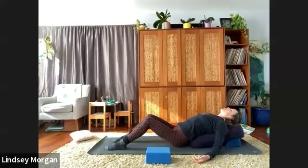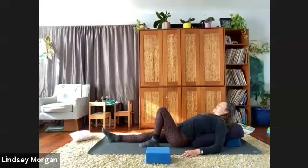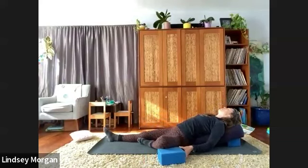Getting the spine nice and comfortable here, nice and long. The sitting bones, again, are resting on the floor, but the sacrum is supported by the bolster. You're going to lengthen out the right leg. And we're going to bend the left knee and slowly open that left knee out to rest on maybe the block. Maybe you're finding you don't want or need a block on that left side, but